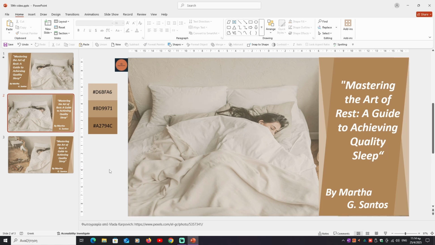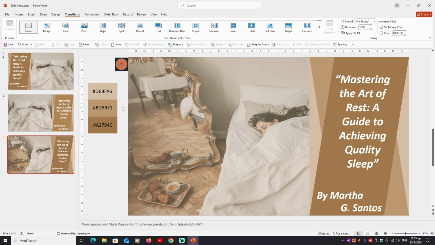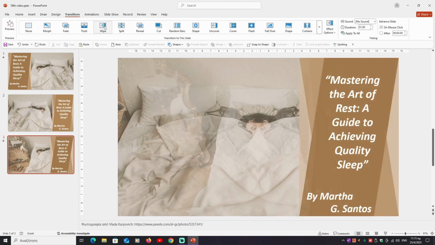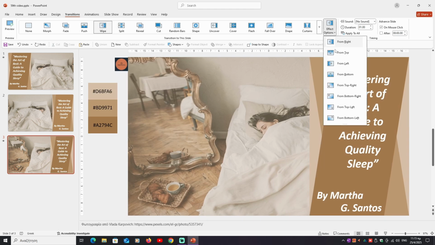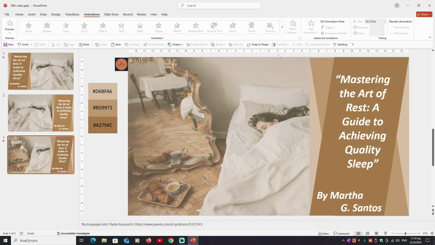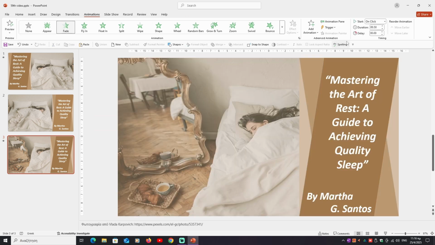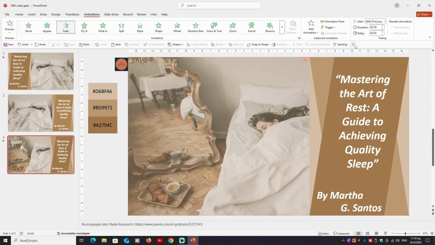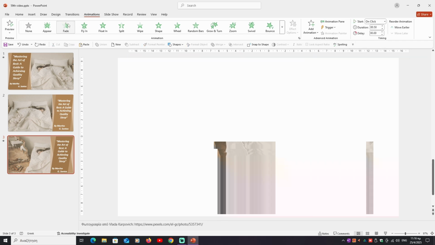Now that we are done designing the title slide, we will put in animations. First we choose the slide, we go to transitions, wipe, effect options from right, as it is. We go to animations, we go to the first parallelogram, animations fade, start with previous, duration 0.50, we go to the second parallelogram, animations fade, start after previous, duration 0.50, we go to the rectangle, animations fade,